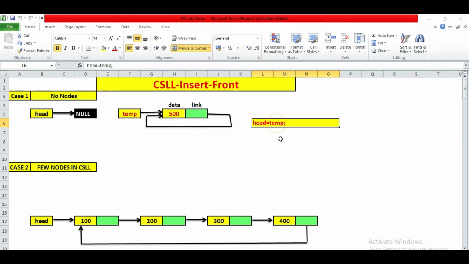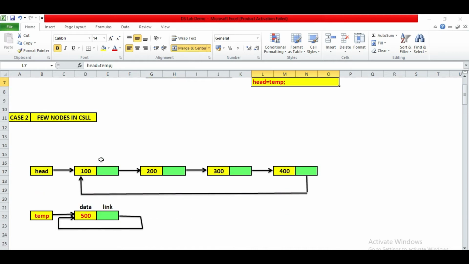So you just have to write head equal to temp. You can also write it like this: if head equals null, then head is equal to temp. So head will point here.